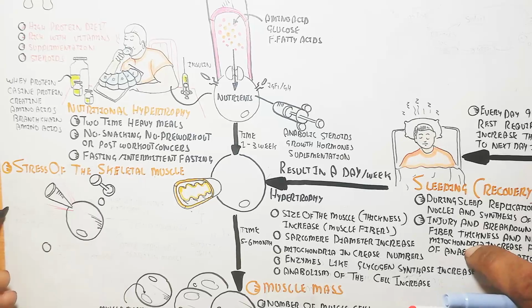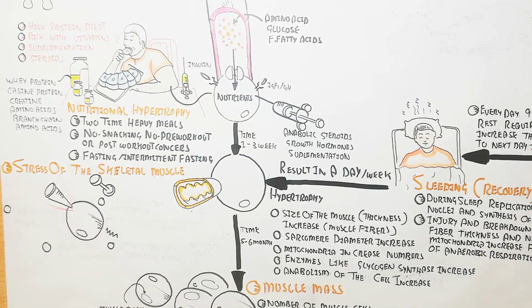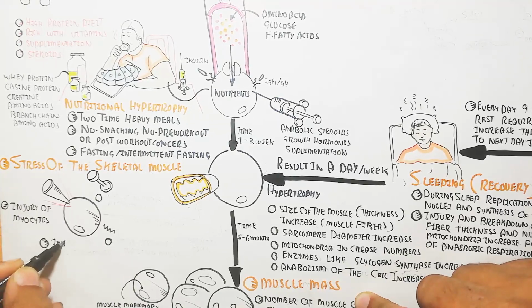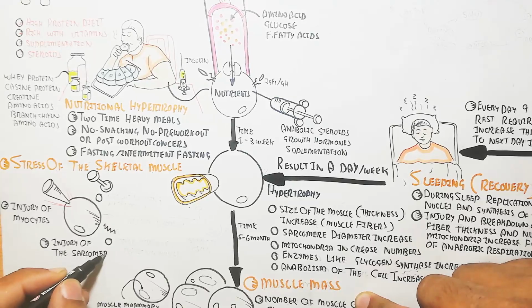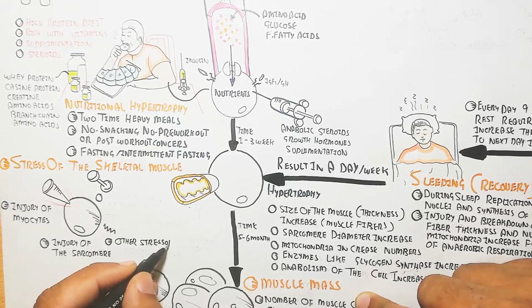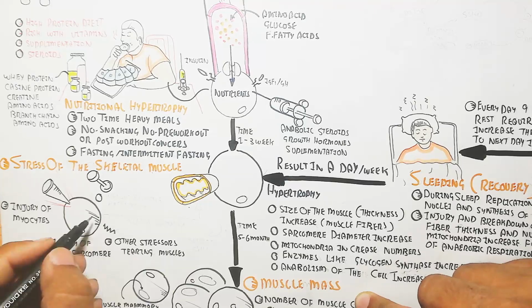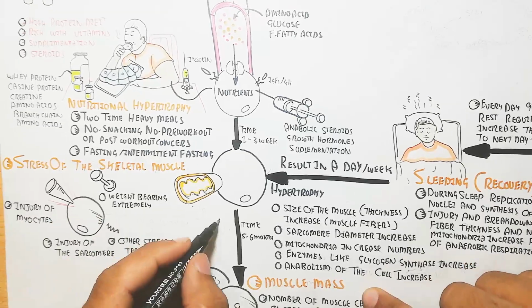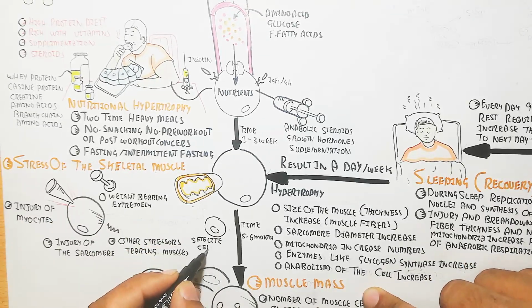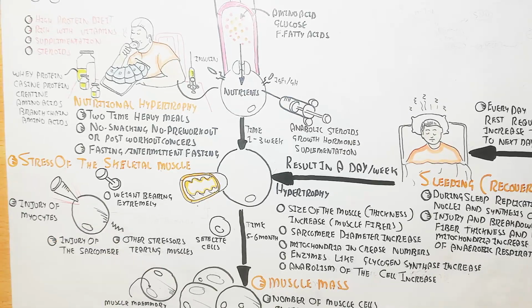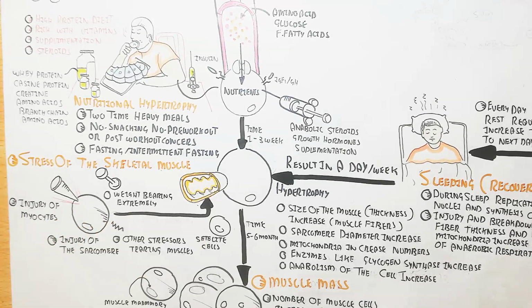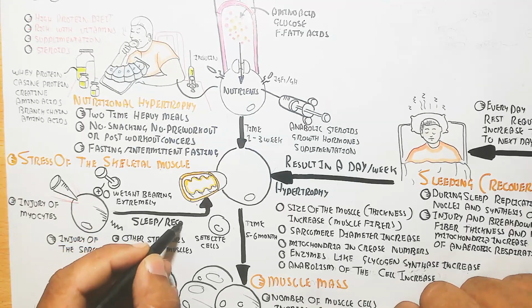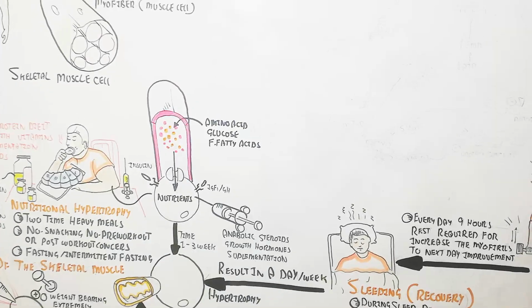The stress of the skeletal muscle is injury of the myocyte, extreme weight bearing, and on the other hand, other stressors like tearing muscles, massage, and basically steroids. So injury of the sarcomere will lead to doubling of the sarcomere as well as thickness of the myosin and actin. In this way, more satellite cells reside at the muscle injury site for the repair mechanism, and hypertrophy will occur. Also, weightlifting and sleep are required for recovery.